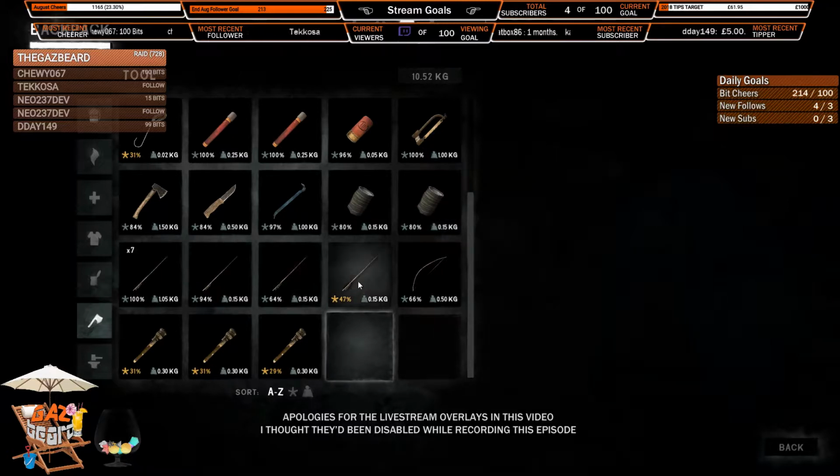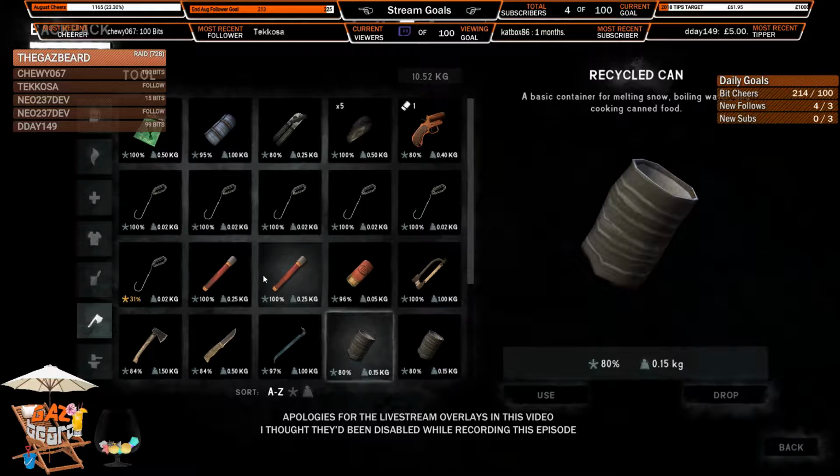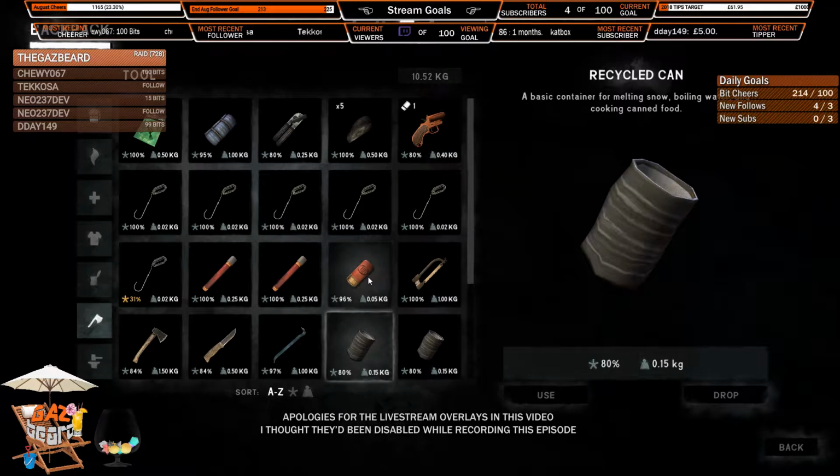We've got 10 arrows, but this one's in pretty poor condition. Our bow is not in the best of shape, but we don't have any more maple saplings. We're going to have to collect some of them. We've got 2 flares with us. We've got a flare gun with 2 shells. Now that's a thing because I know that we've got 4 shells in Milton, which we want to be picking